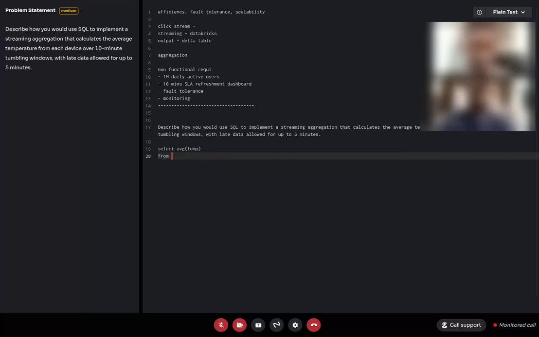So let's say I'm calling this temp IoT. Now, again, the syntax is here and there, but basically you might want to add device ID here.